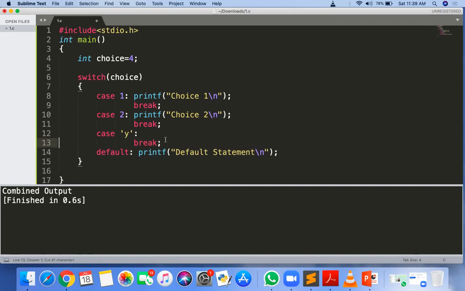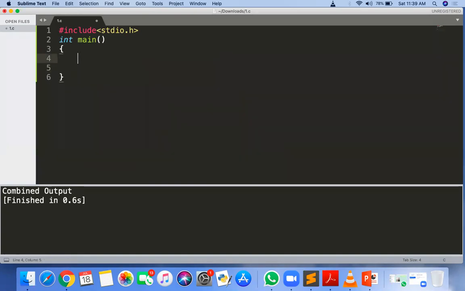So we will do one program here which will check whether the given character is a vowel or a consonant. What are the vowel characters? Vowel characters are A, E, I, O, U, and the remaining ones are consonants.